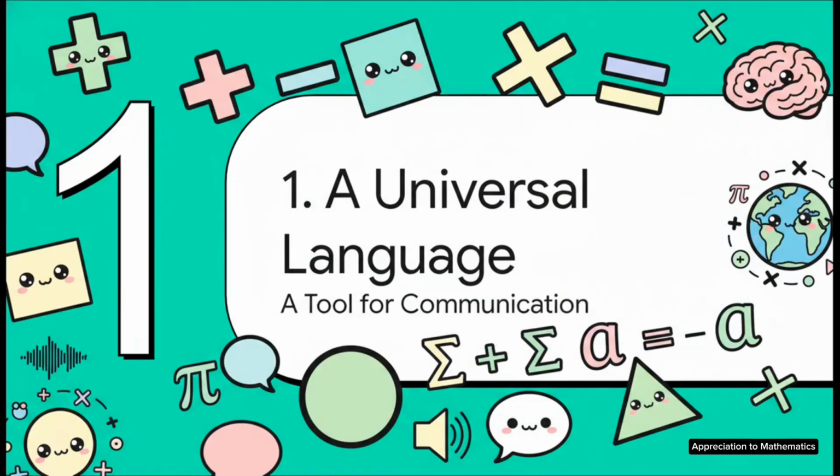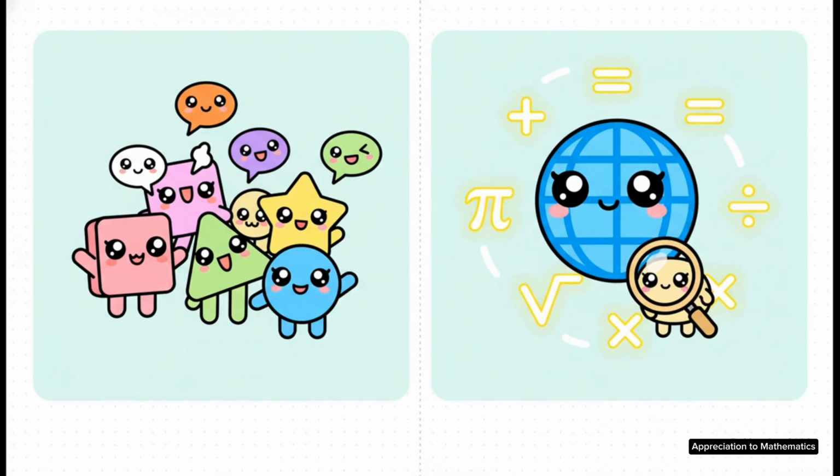So if it's a language, what kind are we talking about here? It's definitely not like English or Spanish. No, this is a language that's built on pure logic, designed to be understood by anyone, anywhere, maybe even anywhere in the universe. On one hand, it's got all the stuff you'd expect. It has vocabulary, words, and symbols. It has grammar, rules for how to put them together. But here's what makes it so different. It's built for absolute precision, which gets rid of all the confusion you can get in everyday conversation. Its symbols mean the exact same thing, whether you're in Tokyo or Toronto.